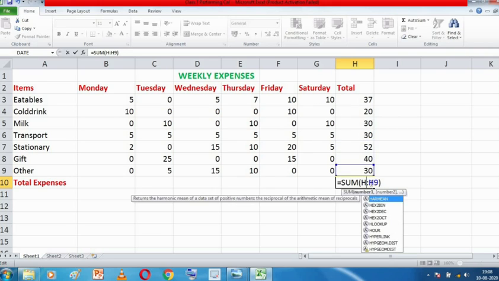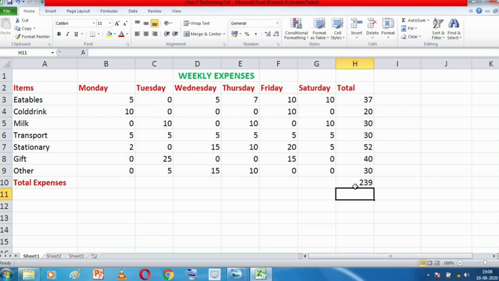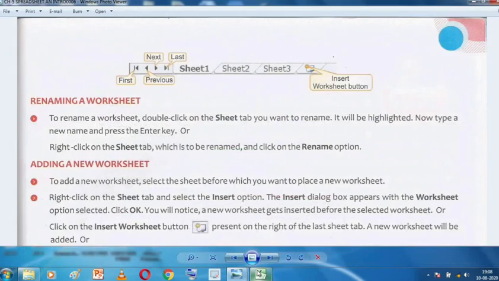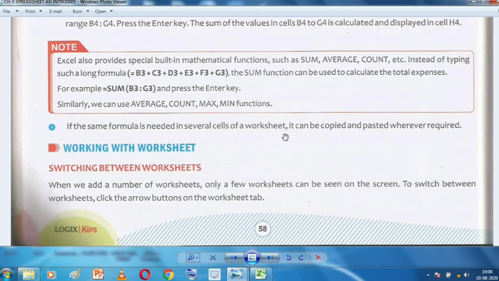So instead of H7, we'll write H3. So we want the total of this range. See, this is a range, a group of continuous cells which is forming a rectangle. Then click OK. So we have calculated the total. So this is how we perform the calculations in Microsoft Excel. I hope this is clear.